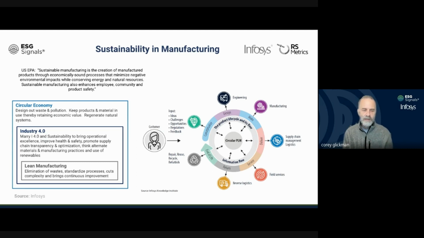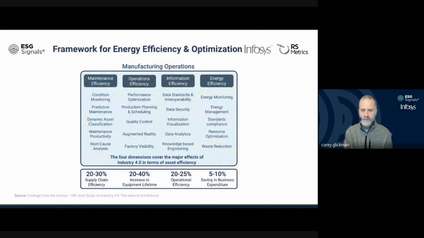If we go to the next slide, I'll actually give a little data of what to expect to see by using this information. So if we think of frameworks around energy efficiency and optimization, we certainly know there's more than just energy efficiency. But this is what's interesting: if you can start looking at the energy efficiency savings in particular, it will be the first thing that is recognized and often will fund and create the confidence to really expand upon what this whole thing can be. So I've broken it into 4 categories: maintenance efficiency, operations efficiency, information efficiency, and then energy efficiency.